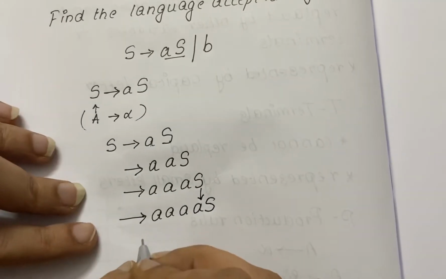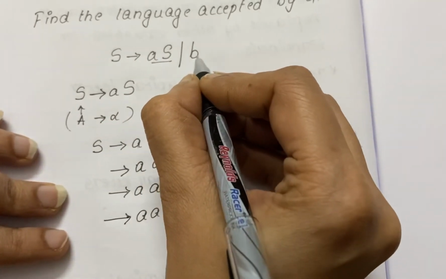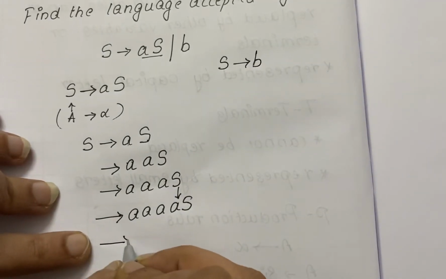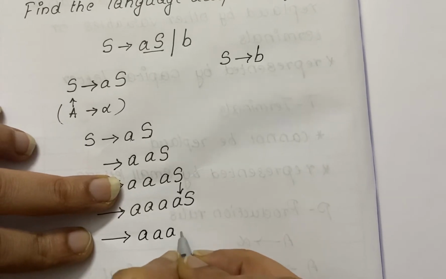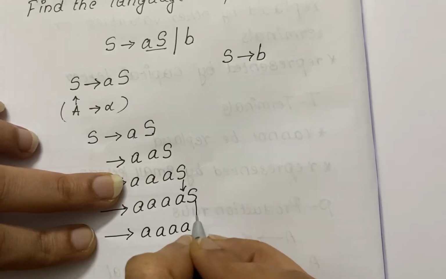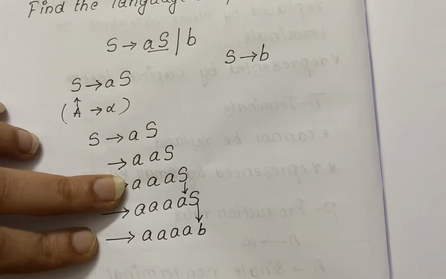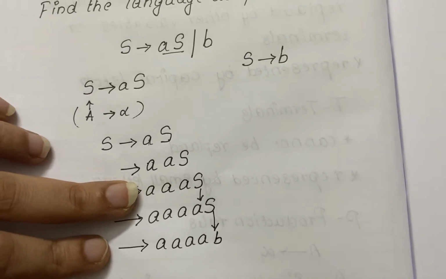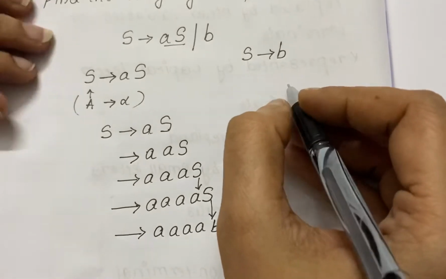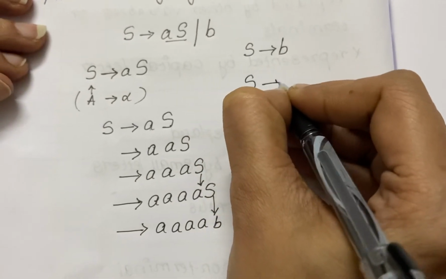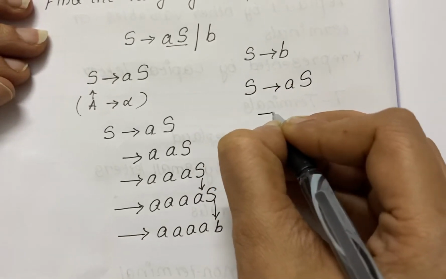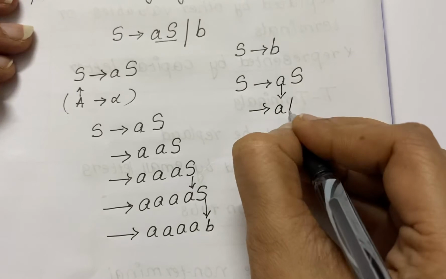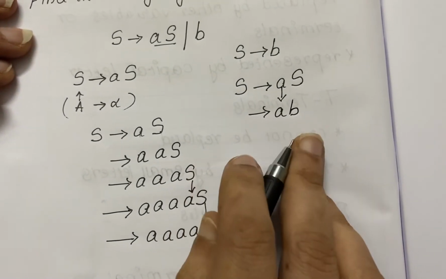Okay. Now I have already told you there is one more thing we have for S, that is B. So you can write A, this A also you write, and for this S you put B. So see here, A, B. You are getting one string, right? Next, again one more substitution you can do. This is one way. The other one: directly write this A here, and for this S, I can substitute B directly. So you'll get another string, AB.